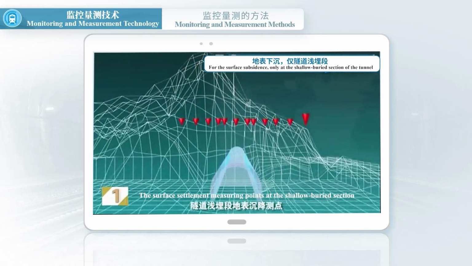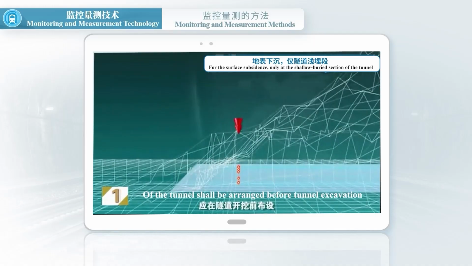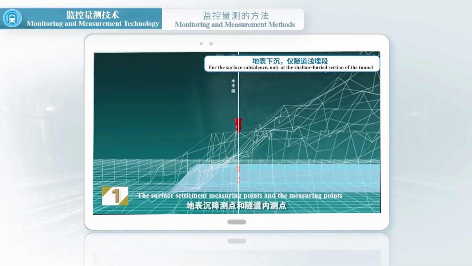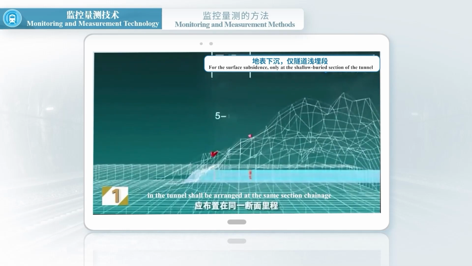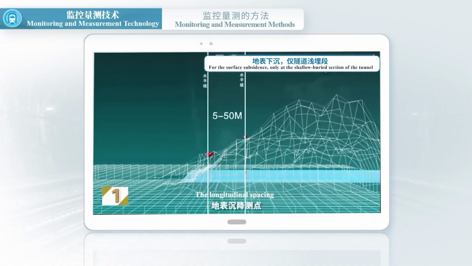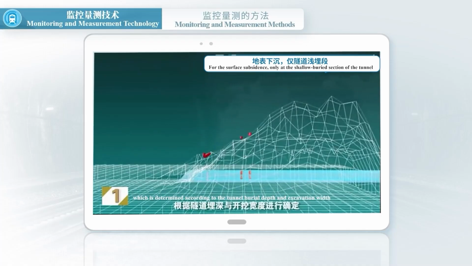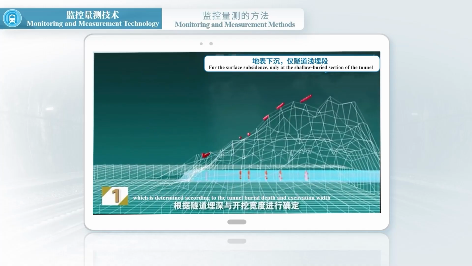The surface settlement measuring points at the shallow buried section of the tunnel shall be arranged before tunnel excavation. The surface settlement measuring points and the measuring points in the tunnel shall be arranged at the same section. The longitudinal spacing of surface settlement measuring points is 5 to 50 m, which is determined according to the tunnel burial depth